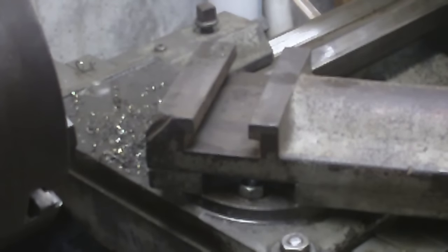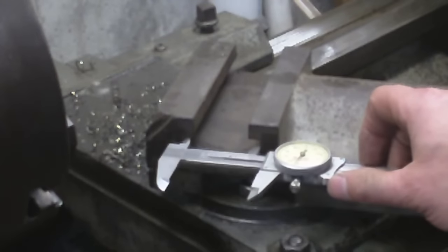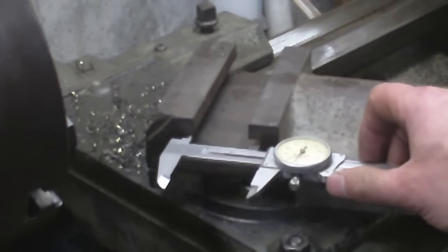Hey everybody, now that the Wells Index Mill is back online, I shouldn't say back online, but up and running, I decided one of my first projects on the mill is to make a T-nut so I can mount my quick change tool post on the Vernon Lathe. So I was just looking at the size of this first dimension that I need, which is the width